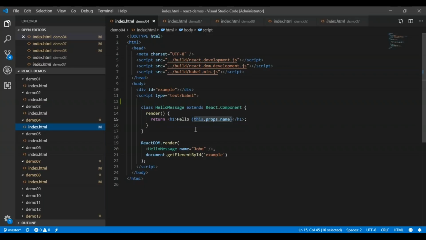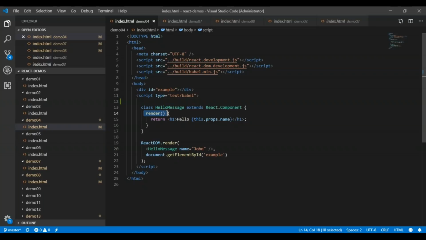What is the syntax for defining a component? Class, then the component name, which extends React.Component. Then it creates a component class and implements a render method. Please remember that class components or function components always should have a render method. Class components always implement a render method to return a component instance of the class. Before version 16 of React.js, it used React.createClass to create a component class. Now it has been deprecated and we are using the ES6 standard.